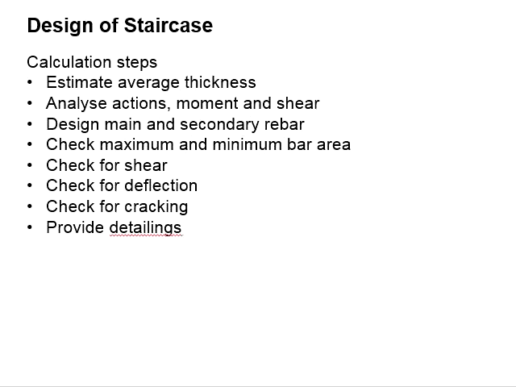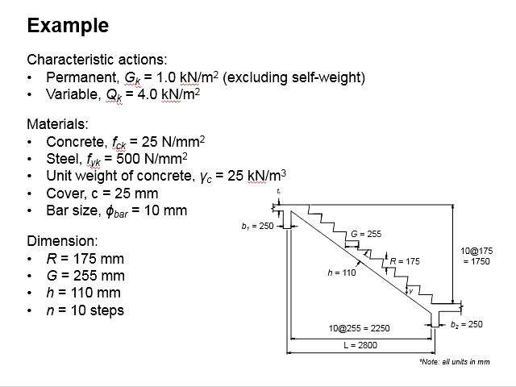Now let us start with analyzing the actions acting on the staircase. It is given that the GK is 1 kN per meter square, and this is excluding the self-weight. You know that self-weight is also a part of the permanent action. Therefore, you will need to determine the self-weight of the staircase on the basis of the unit weight of the concrete, to be added up with that 1 kN per meter square GK, and multiply with 1.35 and 1.5 for GK